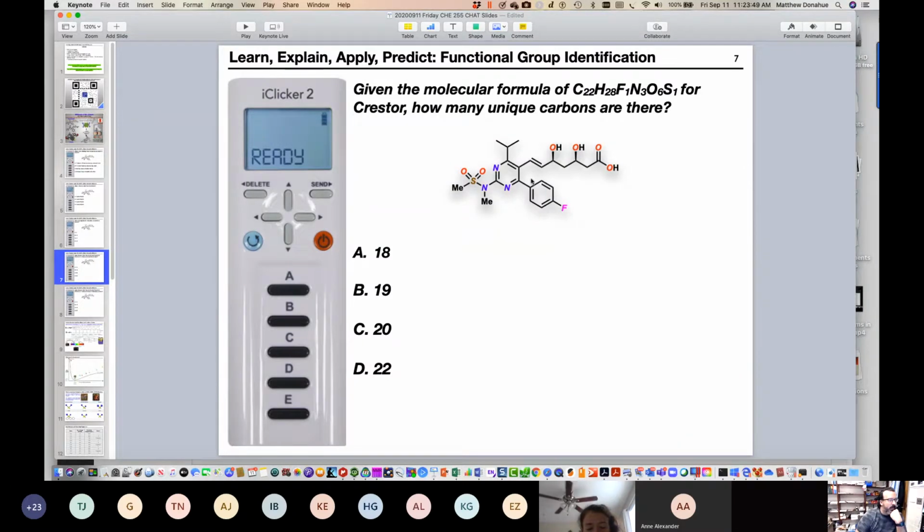8. Then let's go down to this ring. Let me write down 8 so I don't forget. Yes, because of symmetry. So look at just this ring. There are 6 total carbon atoms in this ring. Should we count them as 6, or what number should we count them as?